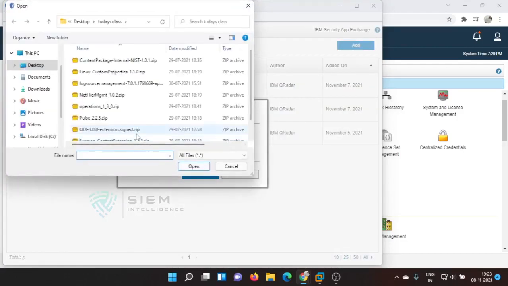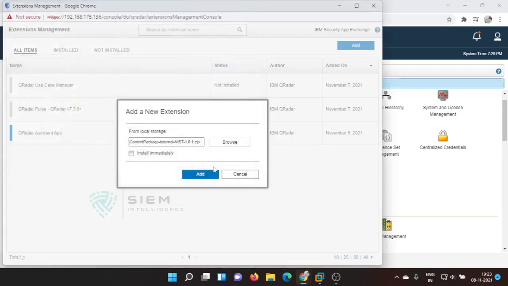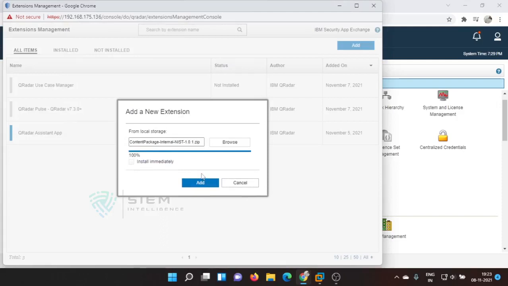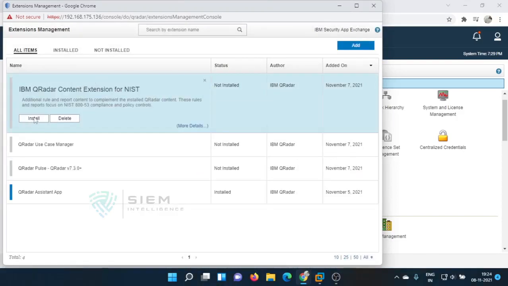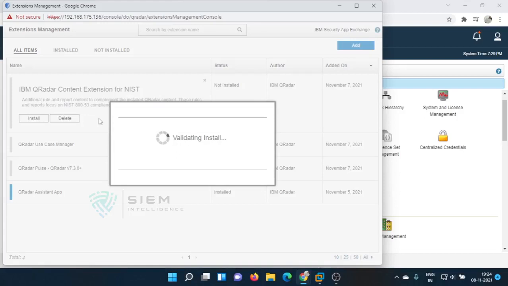Third day, we had seen some of the packages which I had imported, but they were not installed. For example, this was imported the day before yesterday, but these were not stored in the report. These are the content packages, most of them reports. I'll show you those things also. Now I'm going with this particular NIST. On that day it was not shown because those things were in inactive state, which I forgot to tell you.